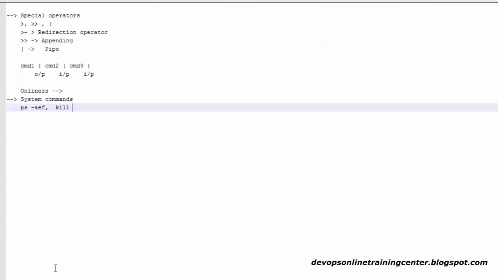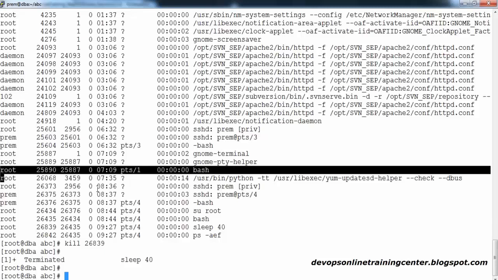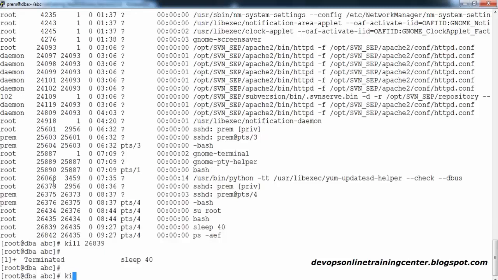And sometimes what happens, a few processes will not be killed with the help of kill. For that, you have to make use of -9. -9 is an option for force kill. Okay, so right now it will kill automatically. And make sure guys you are not killing any process which is started by root, because you cannot kill a root process ID. If you want, you can try it out. Kill with a force kill, -9, and take this, su root, something.